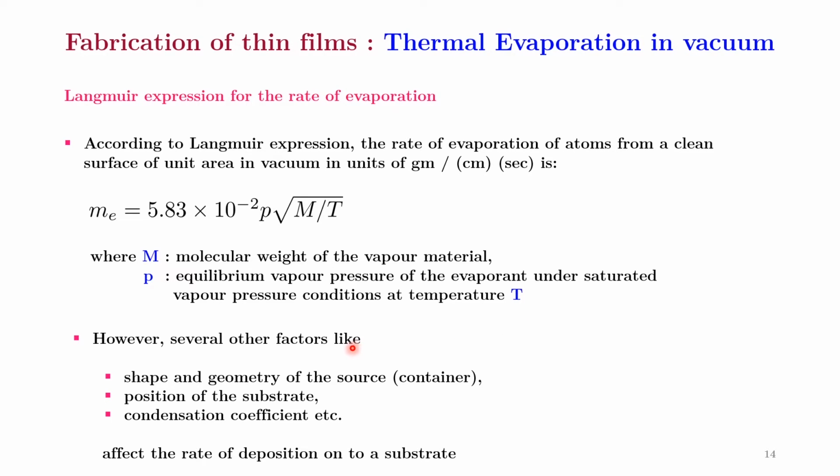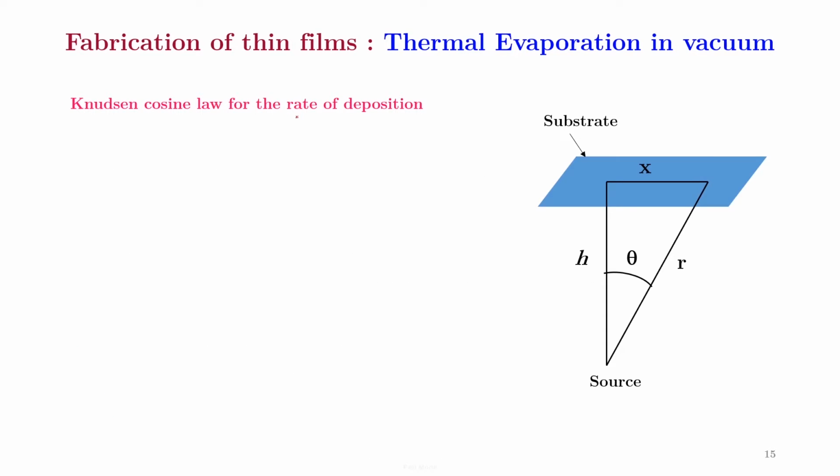However, several other factors like shape and geometry of the source or the container and the position of the substrate, condensation coefficient, etc. affect the rate of deposition onto a substrate. The rate of deposition of an evaporant onto a substrate follows the Knudsen cosine law. For that, let us consider a substrate which is placed at a height h from a source. H is also the perpendicular distance from the source to point A. Let us consider another point B, which is at a radial distance r from the source. Then, according to Knudsen cosine law,